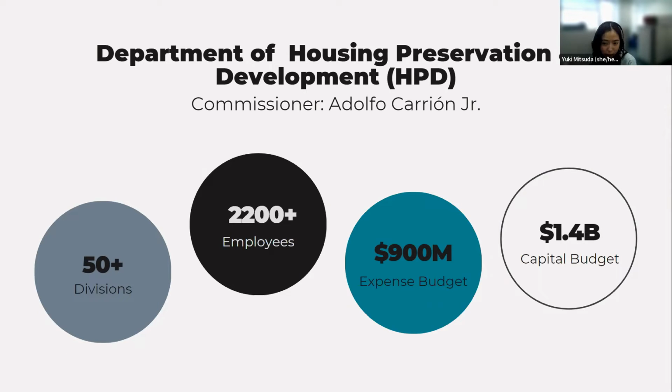Our capital budget is $1.4 billion. And again, to clarify what capital budget means, it is a separate budget covering one fiscal year, funding physical infrastructure used either in support of government operations, such as low-interest loans for the creation or preservation of affordable housing for HPD's case, or for general public use, like building roads, bridges, libraries, and parks. And for HPD's budget, please note that both of the numbers for budget, expense, and capital exclude pass-through funding that HPD will not control.